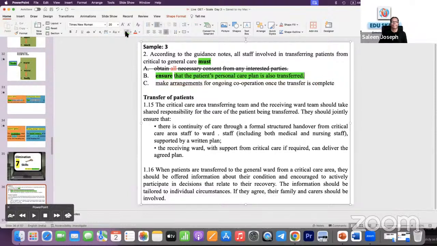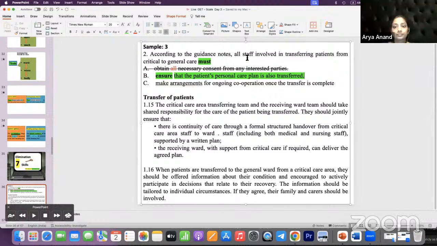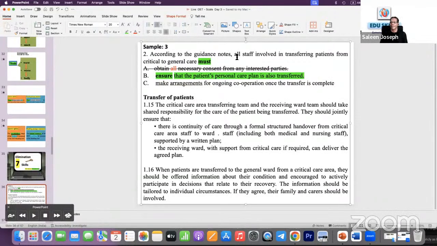Without reading anything, you will go into it. Okay. Now, even otherwise, obtain all necessary consent from any interested parties. Is it possible? According to the guidance note, all staff involved, not one staff, not enough. All in charge staff. All staff involved in transferring patients from critical to general care must, all the staff, not one staff, all staff